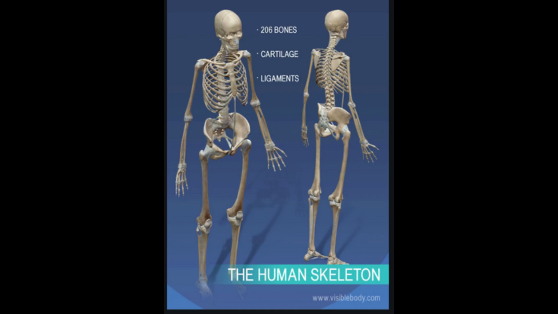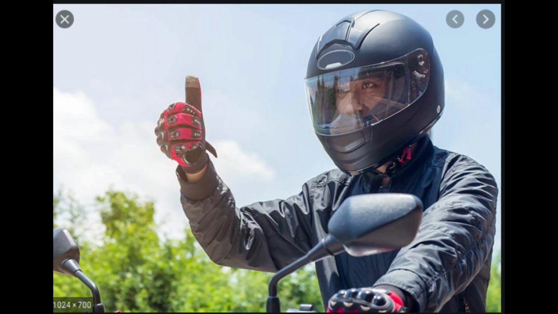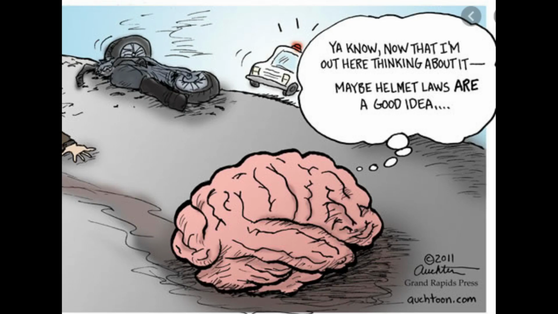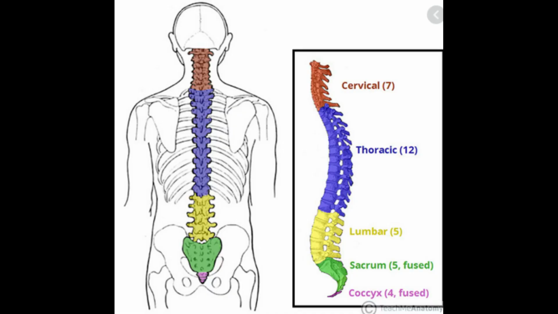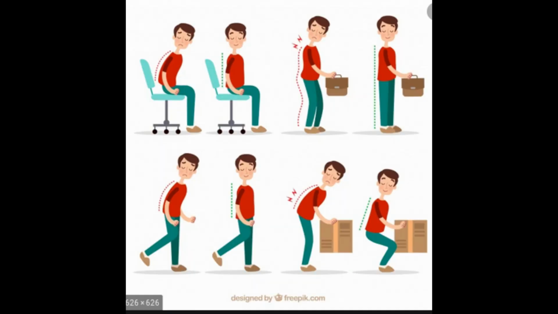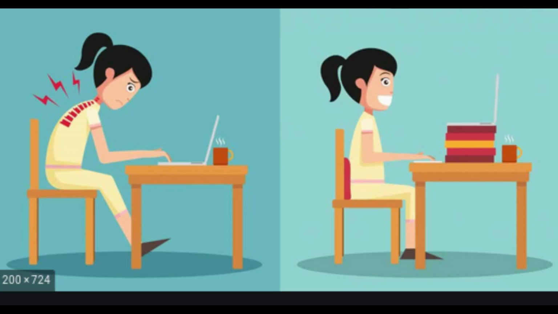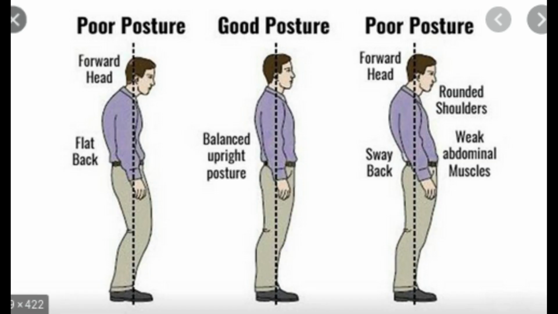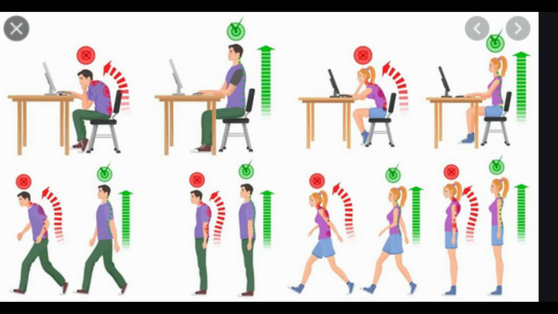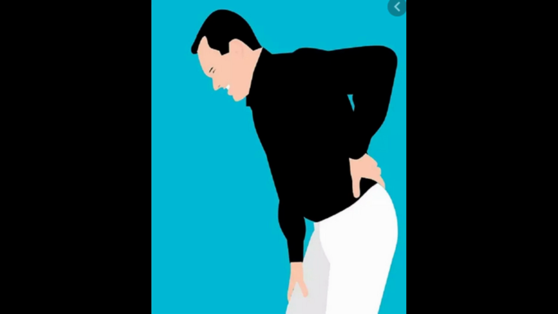When we travel in two-wheelers, wearing a helmet is very important because if we fall down, the main injury will be to the brain. So wearing a helmet will protect our brain and thereby the skull. We say that the vertebral column helps us to stand erect, right? So we should take care to adopt good postures. Posture is the position in which we hold our body when standing or sitting. Whenever you sit or stand, try to keep the vertebral column straight at every instant. Bending of the vertebral column adversely affects us. It causes back pain also.